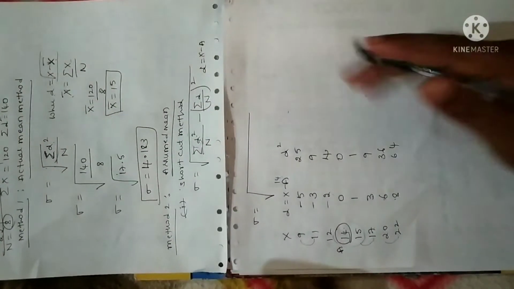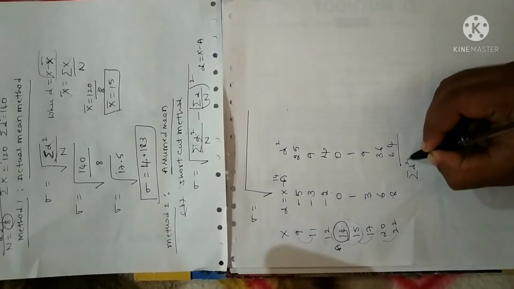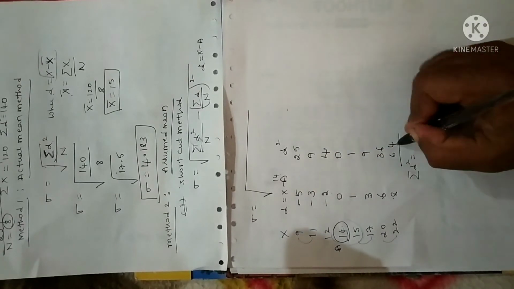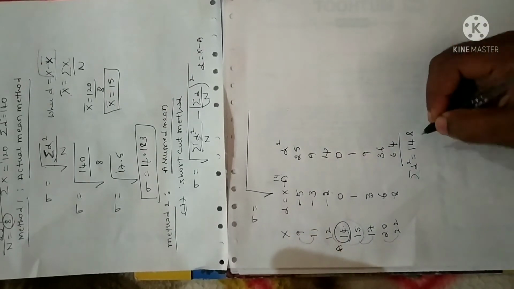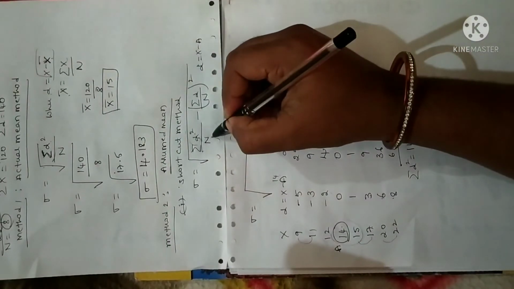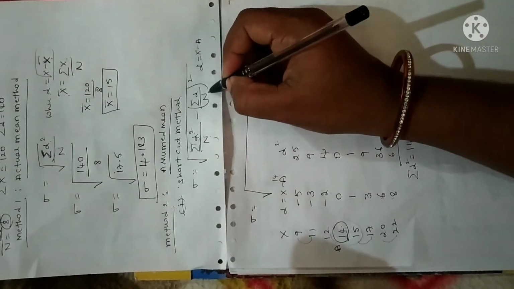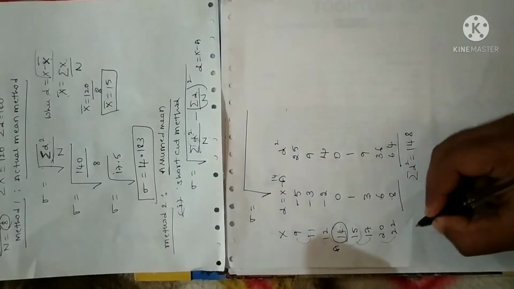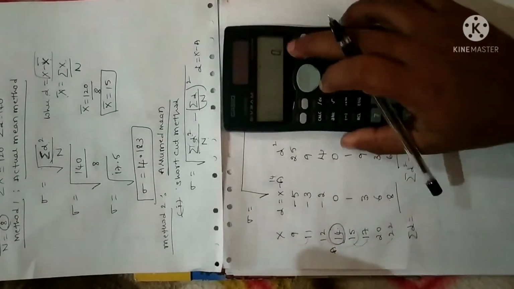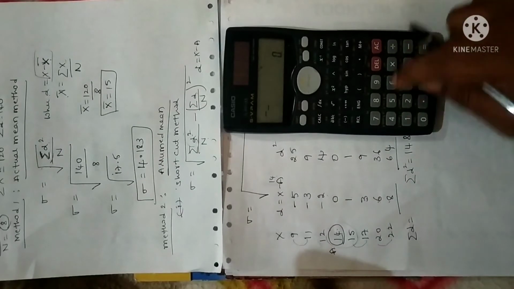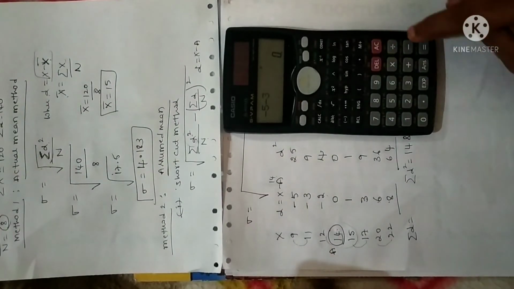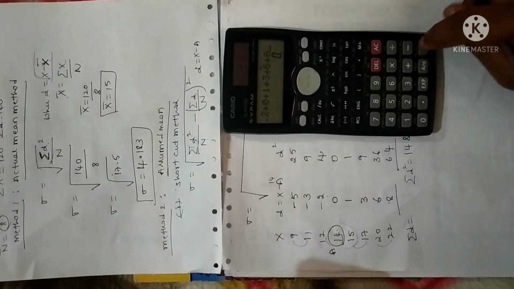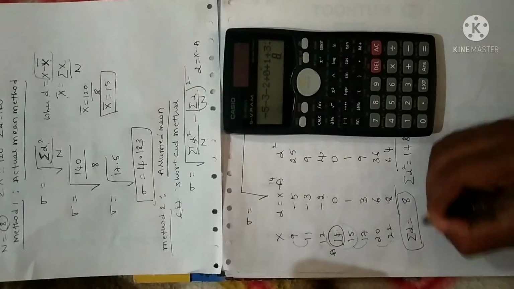Fine. Now let me calculate sigma D square. Sigma D square in the sense you have to add all these values. So 25 plus 9 plus 4 plus 0 plus 1 plus 9 plus 36 plus 64 will give us 148. Now sigma D square I have obtained. N is also there. Now what we need is sigma D divided by n. We don't have sigma D here. So sigma D in the sense I have to add all these values. Sigma D is given by, you just look at the calculator. The way I have calculated D, it is minus 5 minus 3, you have to put along with the sign, minus 2 plus 0 plus 1 plus 3 plus 6 plus 8. That will give us 8. So sigma D value is 8.